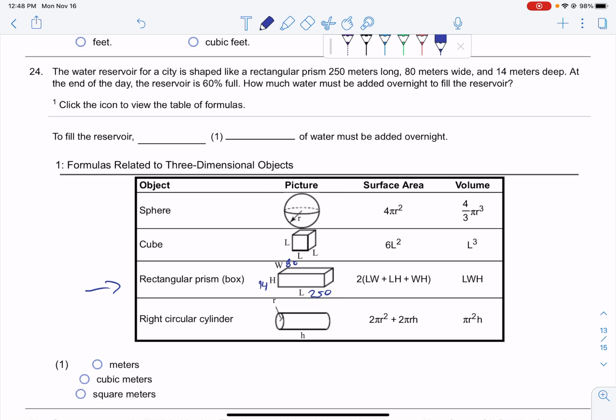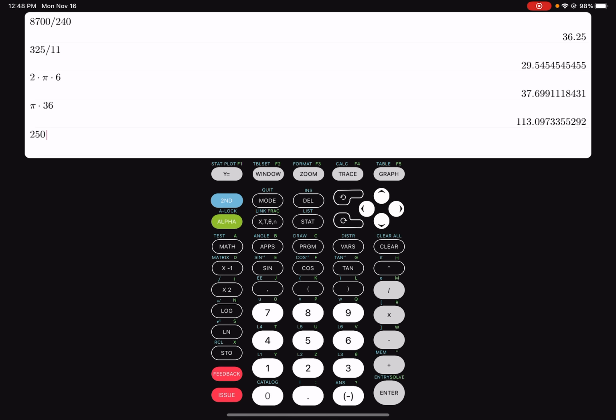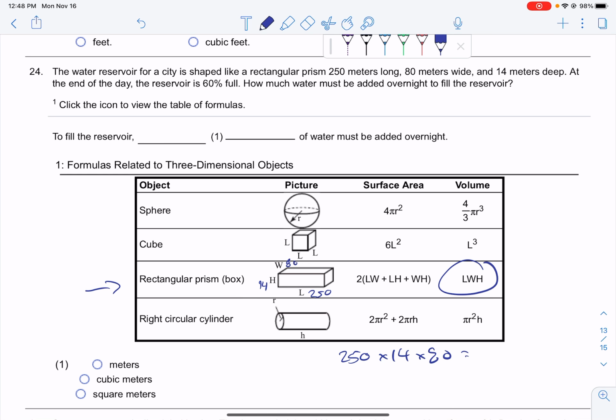Okay, well, first of all, we need to know what full is. So the full amount, to find the volume, I take the length times the width times the height. So 250 times 14 times 80 gives me 280,000. So it holds 280,000 cubic, what was our units? Cubic meters